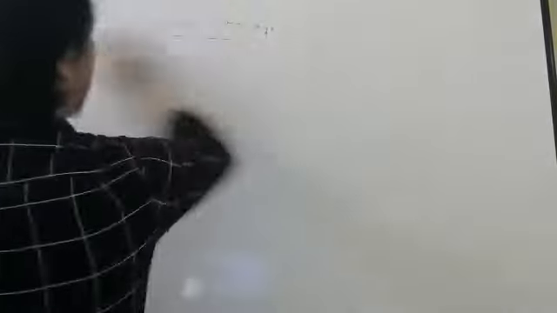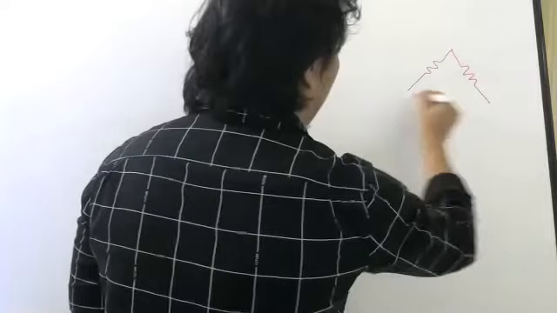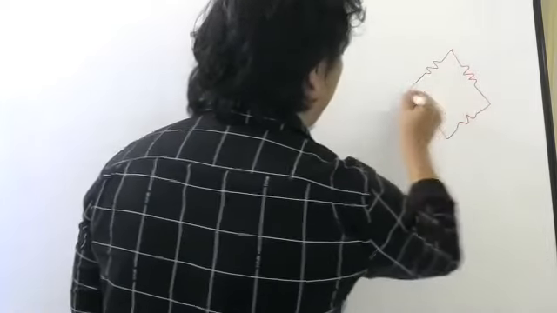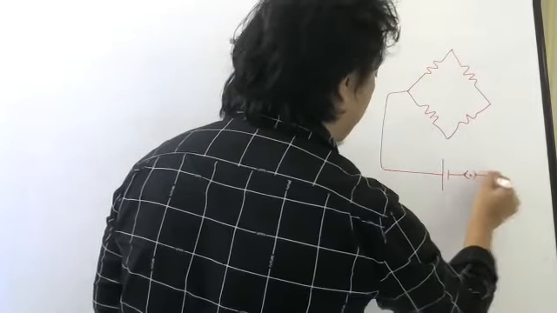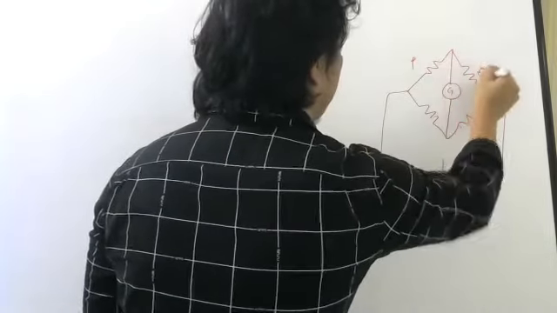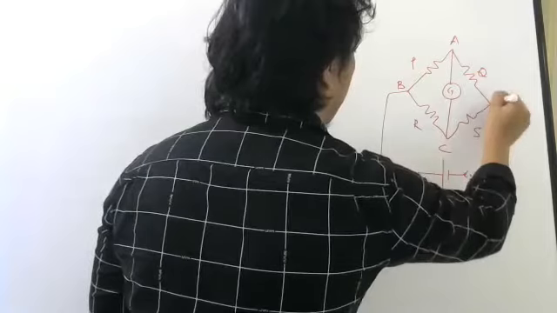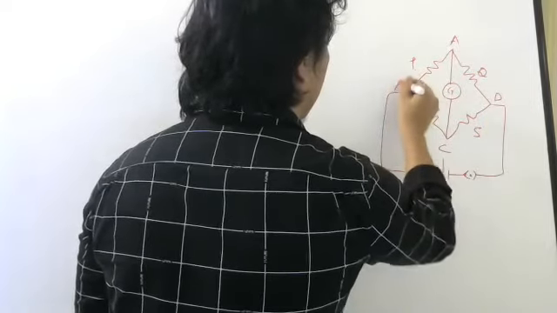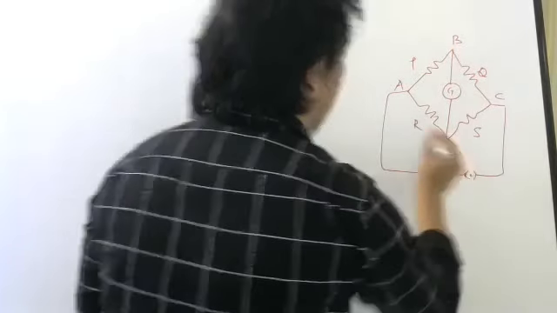Now, I don't want to directly draw the meter bridge diagram. Directly I will not draw the circuit. I will compare it with Wheatstone Bridge so that you understand why it is an application of Wheatstone Bridge. So in Wheatstone Bridge, you had this circuit. There may be a key here. A, B, C, D.